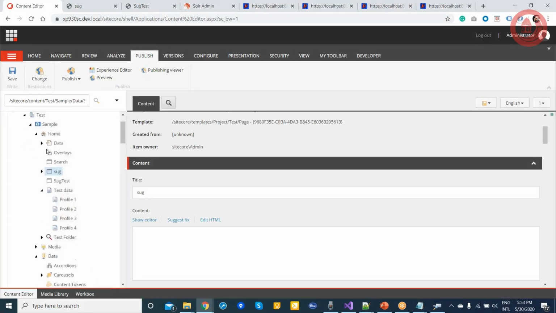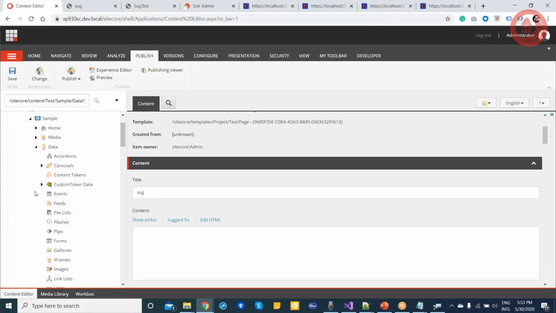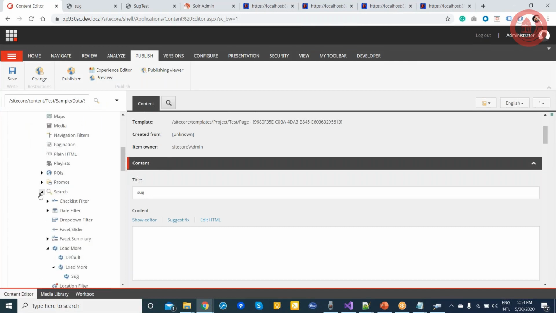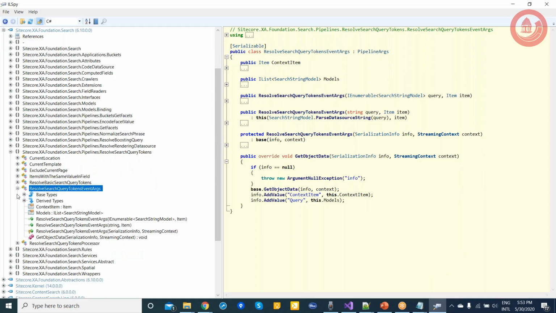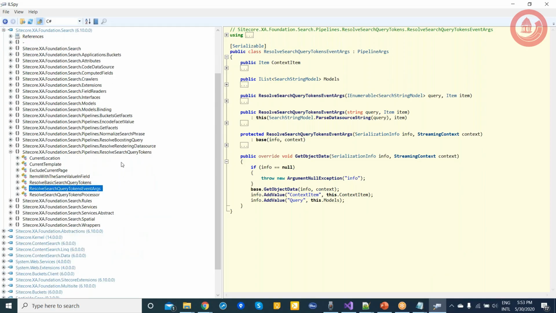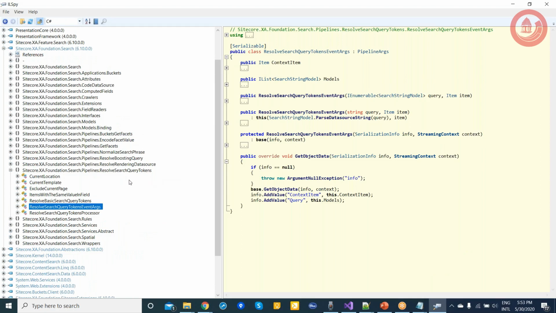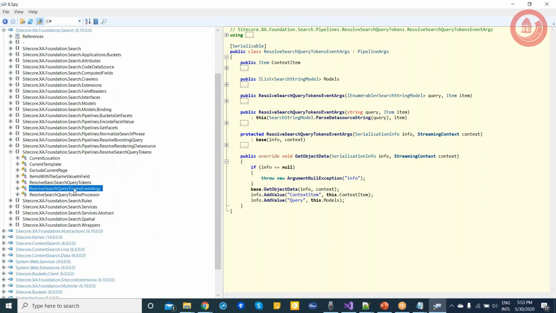If I go here in the data search, these are the out of the box filters available, right? So I will use any of these, and I will extend it. You can see here how you can extend. You will go to all these filters here. If I can show you, this is spatial result boosting. Yeah, so you go there.